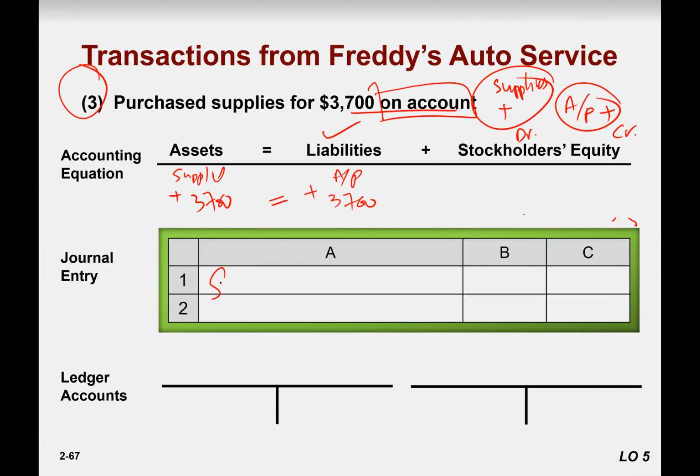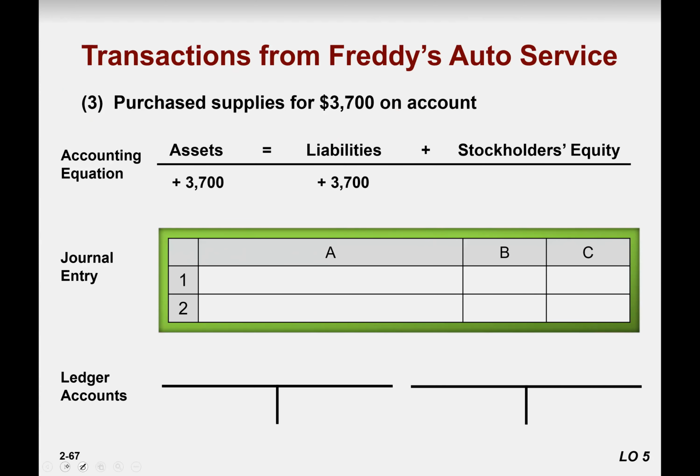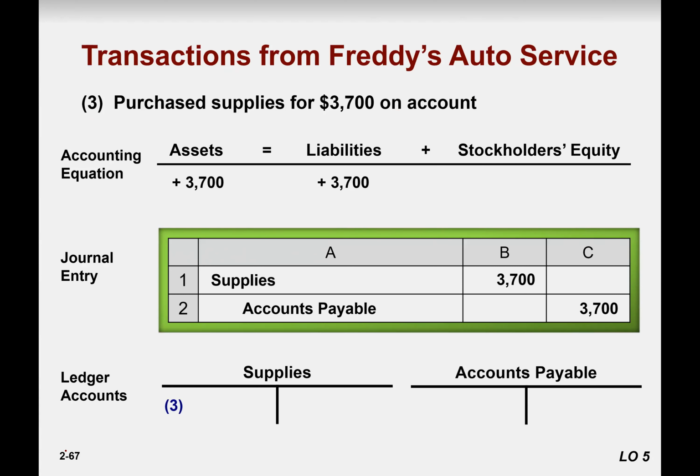Supplies to accounts payable. Answer: 3,700. Right? And you can post this as well. So let me just remove this and see our discussion here. Our equation is balanced, supplies to accounts payable, and to post it, we simply make a T account of